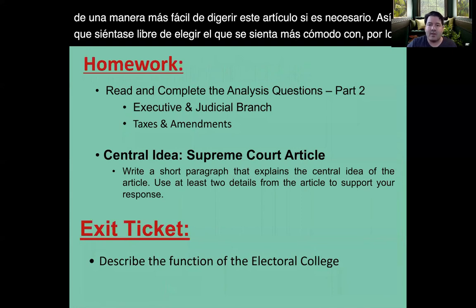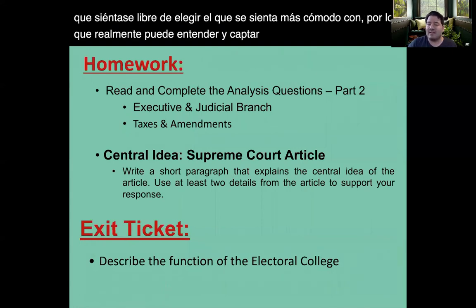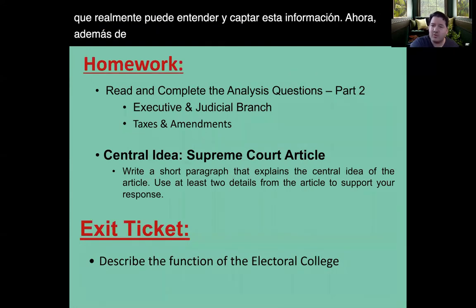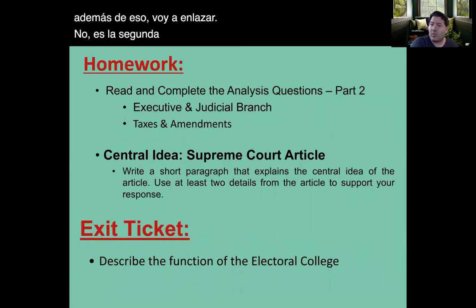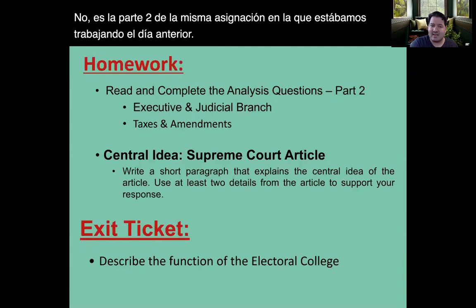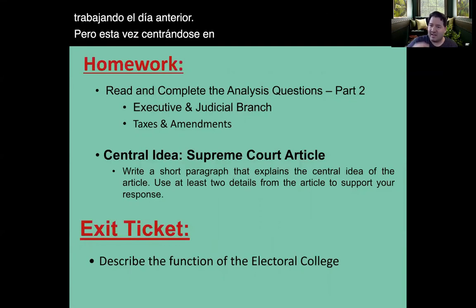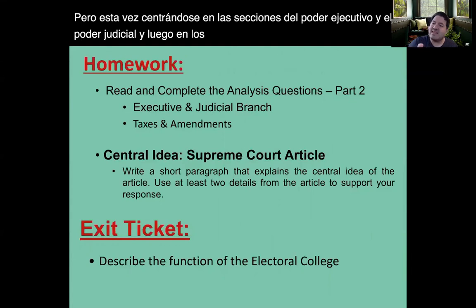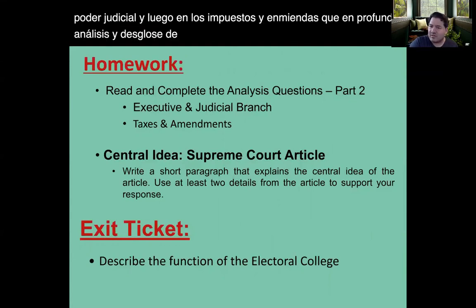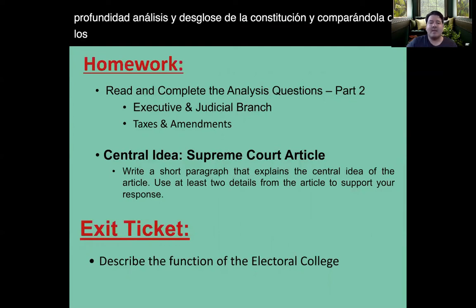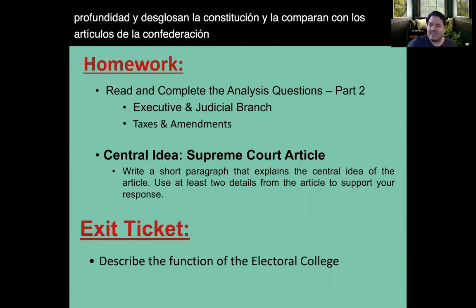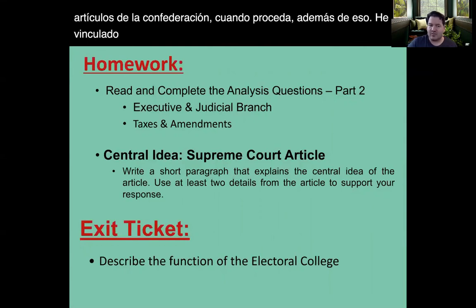Now, in addition to that, I'm going to link part 2 of the same assignment that we were working on for the previous day, but this time focusing on the sections of the executive and the judicial branch, and then taxes and amendments, that in-depth analysis and breakdown of the Constitution, and comparing it to the Articles of Confederation where appropriate. In addition to that, I've linked the Supreme Court article, as I mentioned before, in its various levels,